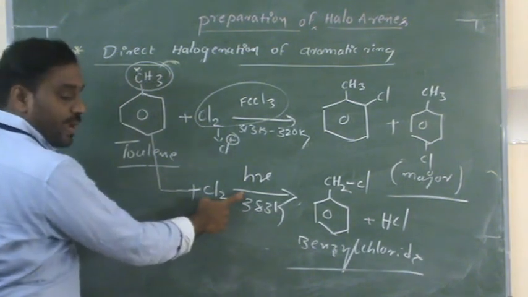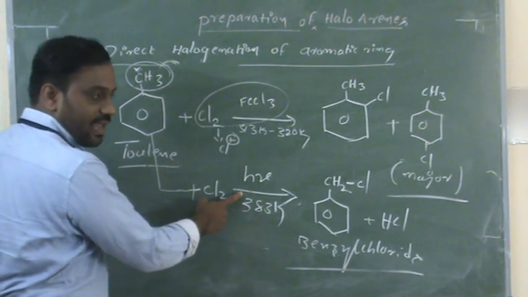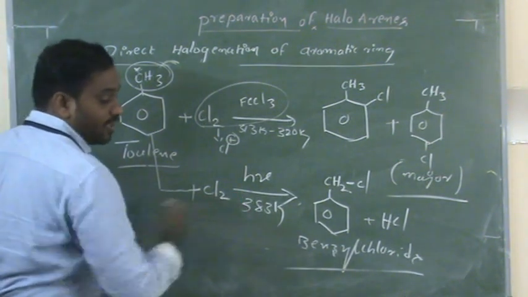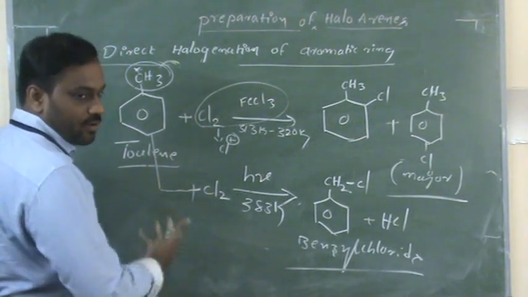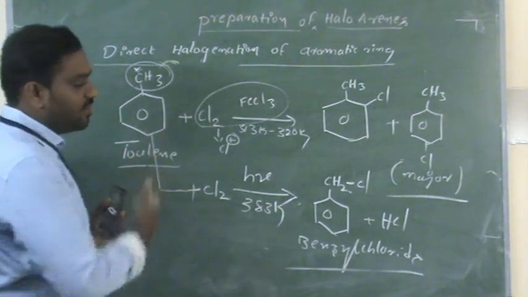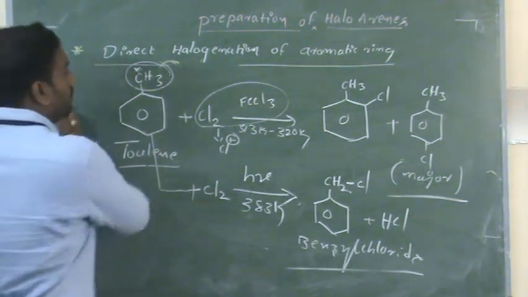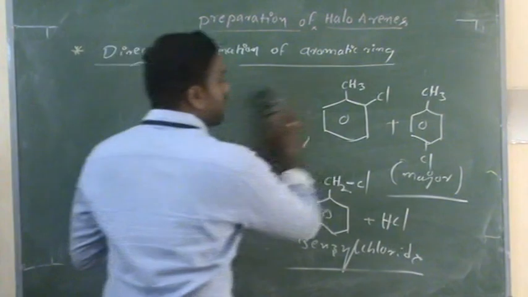When you maintain sunlight and a temperature of 383 Kelvin, then we are getting benzyl chloride as the major product. Okay, so this is a major application of this one. Now the last one